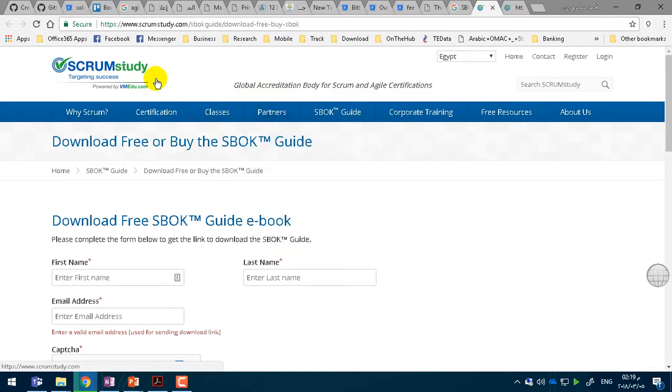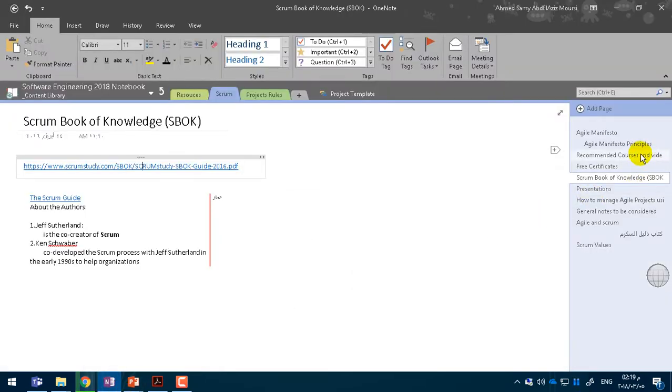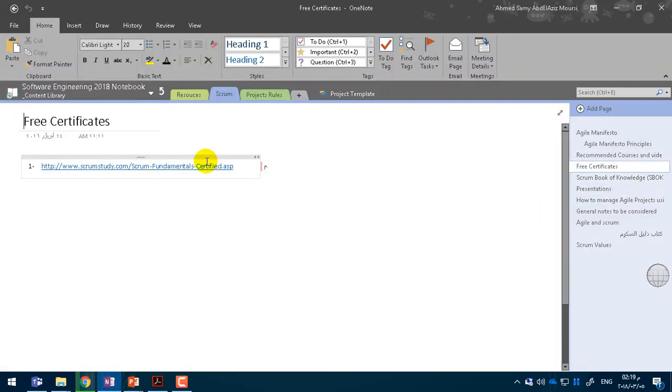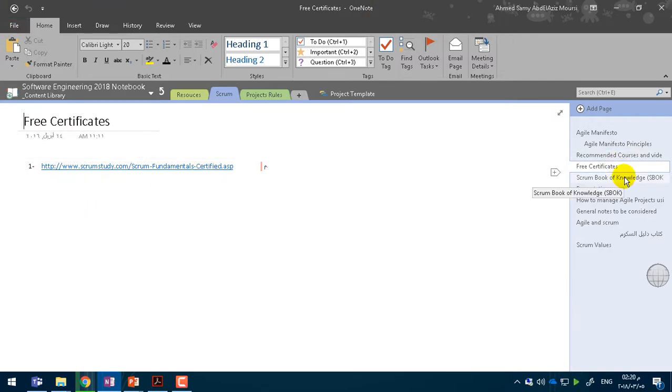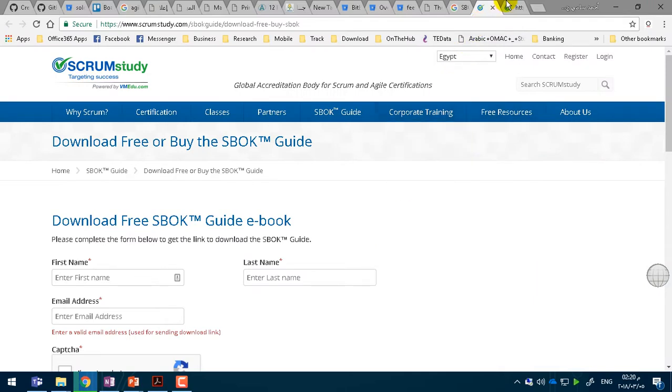By the way, that website, Scrum Study, they have an entry-level certificate which is free. Just learn what a Scrum is. So that's good. I think I have the link here. Free certificates. Yes, you can go there and do that Scrum Fundamentals search, and you'll get the certificate for it. So it's good. It gets you entry-level knowledge about the whole thing. So it's going to be downloaded here, and I think it's much bigger than just 16 pages. It has more details to it. Anyways, let's